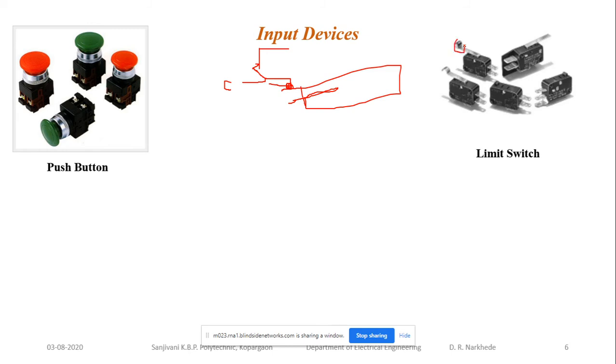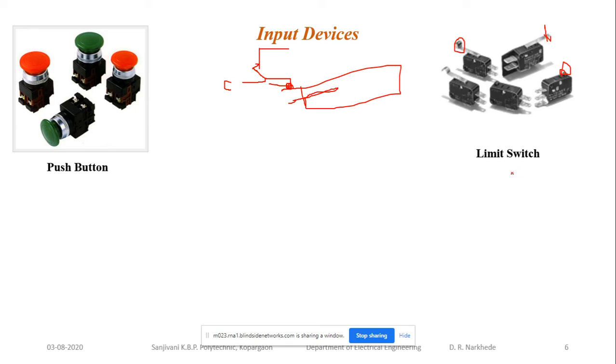Okay, so to this common terminal we have connected the supply and this is going to be connected to the device. So the movement of some sort of automatic movement will trigger or will push this roller. Okay, and once this roller or blade is pushed over here, or in some cases there is such type of notch over here, when it is pressed by some sort of mechanical movement, the limit switch will operate only when there is some sort of mechanical movement. जर एखादी मेकॅनिकल मोमेंट असेल तरच लिमिट स्विच ऑपरेट होतो.